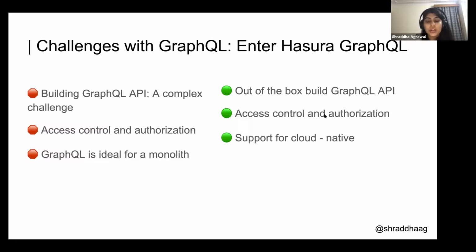Hasura is also cloud native. So let's say you have a bunch of microservices, a bunch of REST endpoints, and perhaps you might have some GraphQL APIs as well. Hasura can stitch together all the GraphQL APIs you have into a single schema.